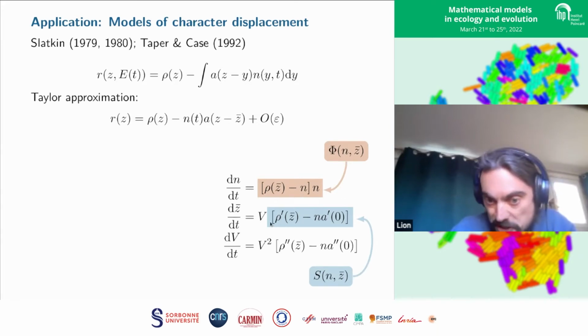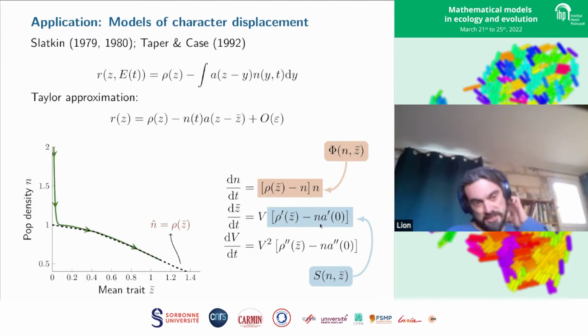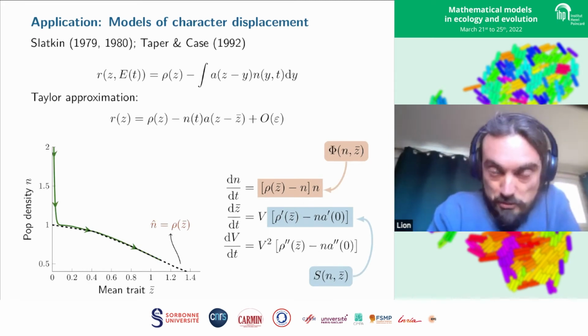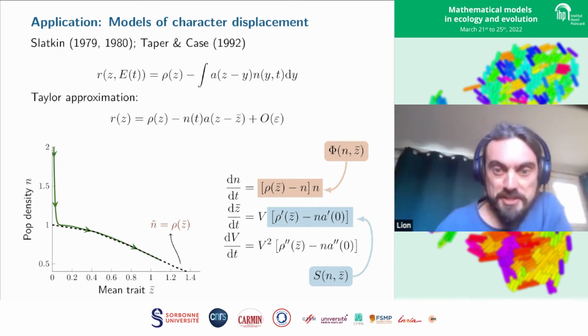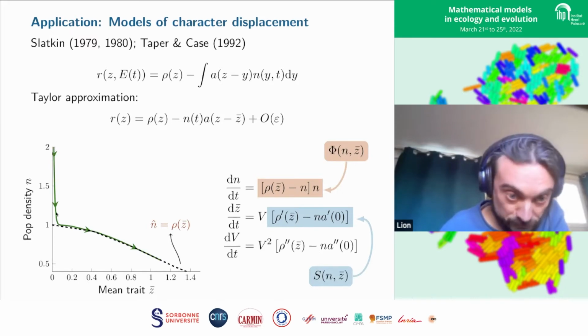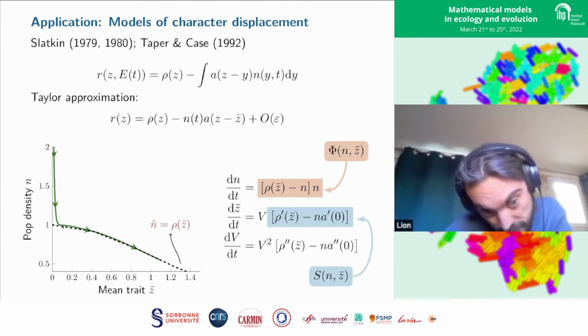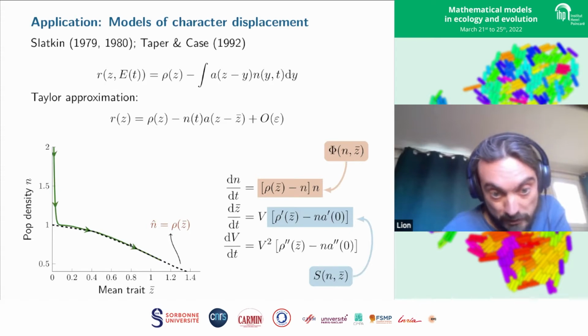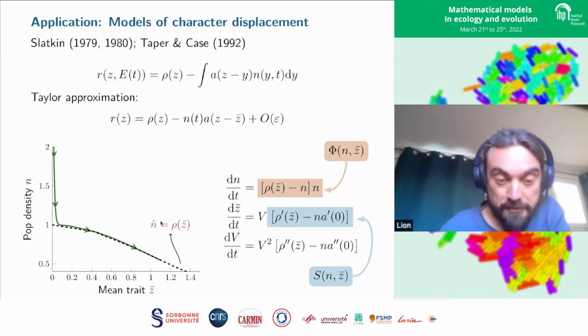Okay, so we have our phi function, our selection gradient. Basically what I want to illustrate here is that if we perform simulations of this model, or even a full simulation without this Taylor approximation, what we observe in a phase plot, with the ecological variable, the population density, on the y-axis and the evolutionary variable, the mean trait, on the x-axis, is a very fast change of the ecological variable that converges to a manifold, where the mean trait then evolves more slowly while staying on this relationship here.